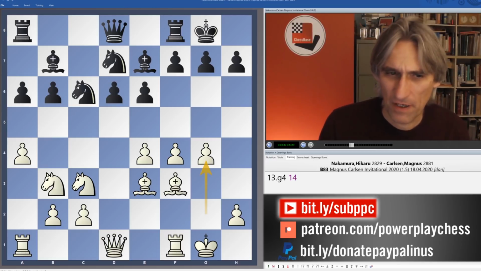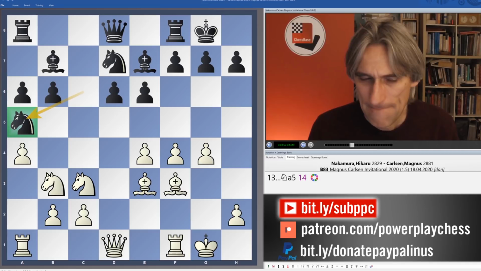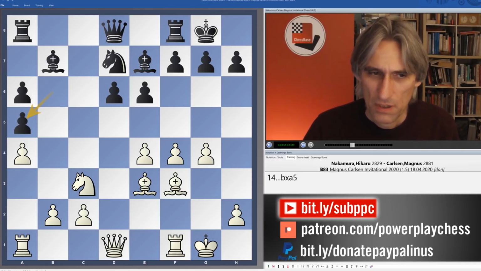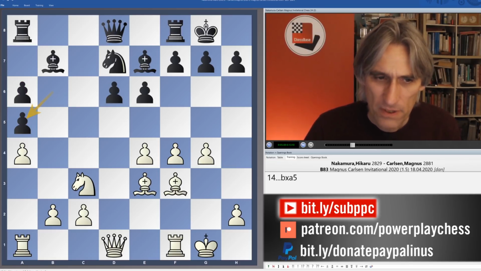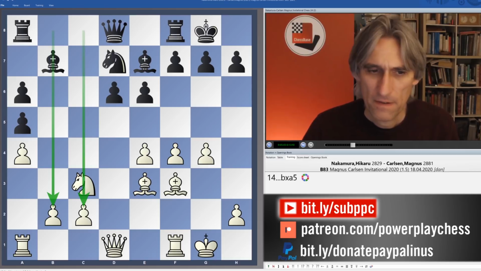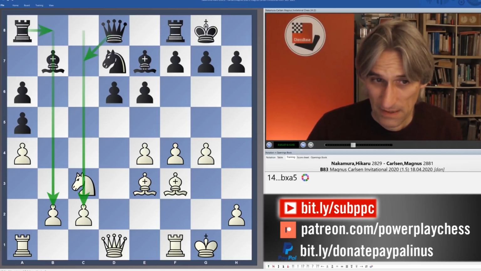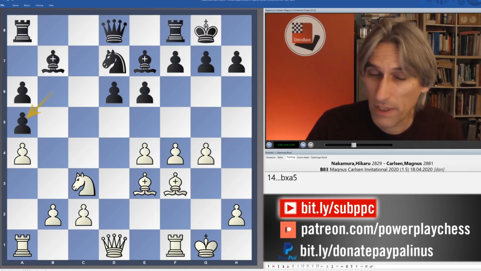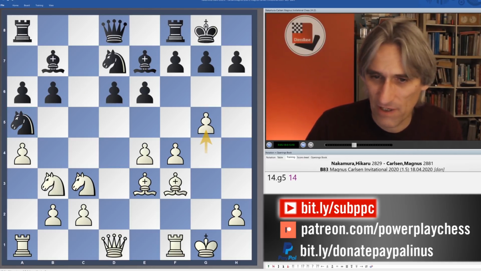Carlsen played knight a5. It's a good move, typical of this kind of position. Naturally, white can exchange. Doesn't really matter too much about these doubled pawns. Basically, now these files have opened up, and black will position the major pieces on the B and C files and has very natural counterplay. I still think white should play like this, because in the game, Nakamura again just playing very quickly